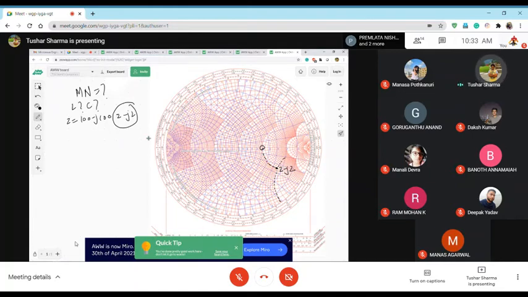So it is saying you have to match 50 ohm impedance to this point. 50 ohm कहां पर है? यहां पर है. तो बताओ क्या करेंगे? Let's take a pause and let's try to think a bit. तो कैसे जाएंगे? Again we had 4 options: series L, series C, shunt C, shunt L.